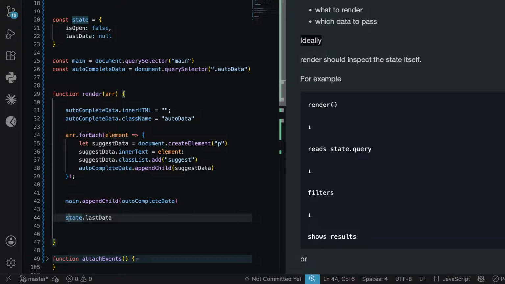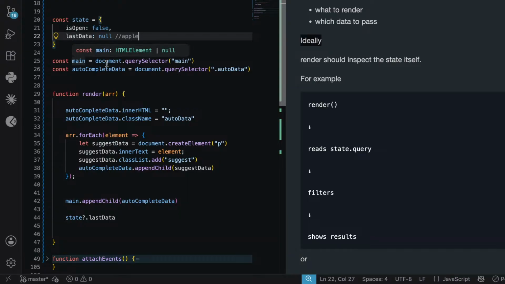If it has some data, then it should be, question mark. Okay, if it is true, then proceed. Read the data and filter. Filters, which means if last data is, we have a last data, right? Suppose it has an apple here. We have last data as an apple. Okay, so we have apple, so we can understand and search this data, right? So what we can do here,